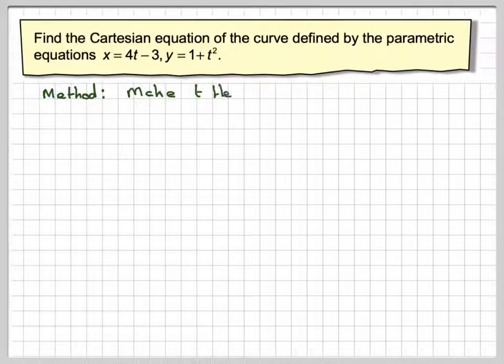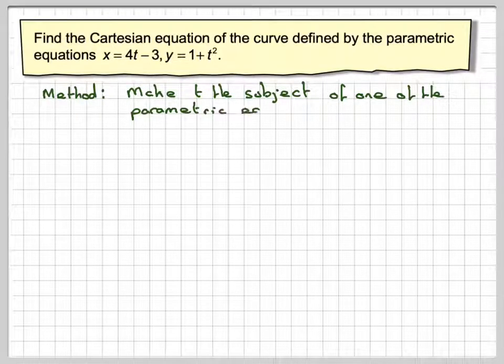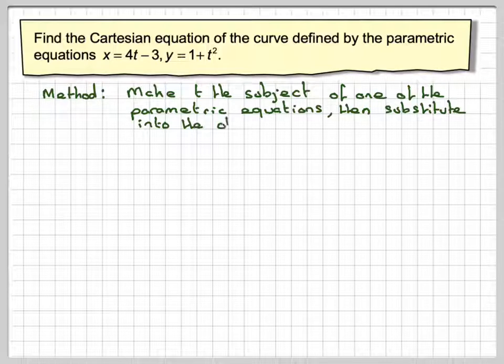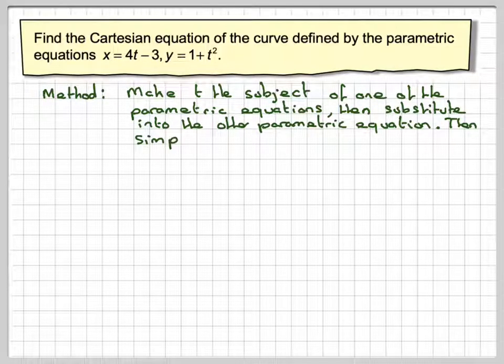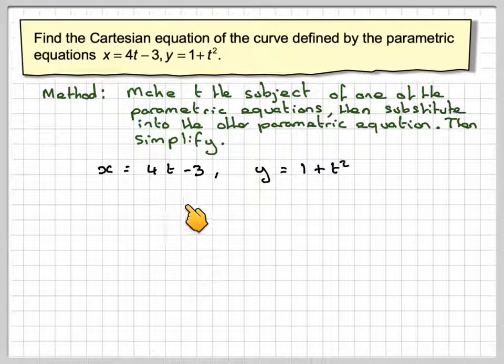So this method, there are several different methods that you need to try to employ, but the easiest thing to do, if you can, is to make t the subject of one of the parametric equations and then substitute into the other equation. Then simplify. So you've got x is 4t minus 3 and y is equal to 1 plus t